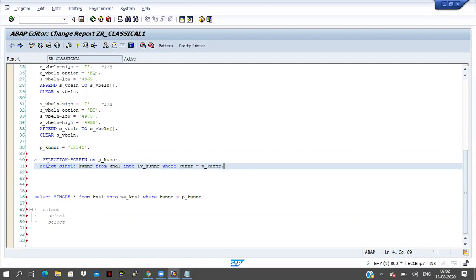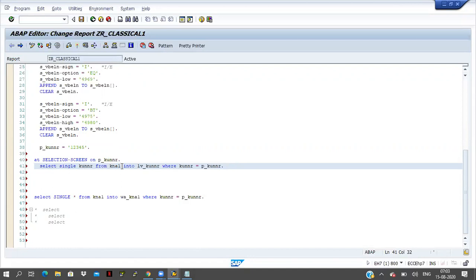In the validation part, I'm taking only the customer number. You can take customer number, NAME1, ORT01 like that, how many fields you want, that many fields you can take here. But I'm taking only one field, select single KUNNR customer number from KNA1 table.